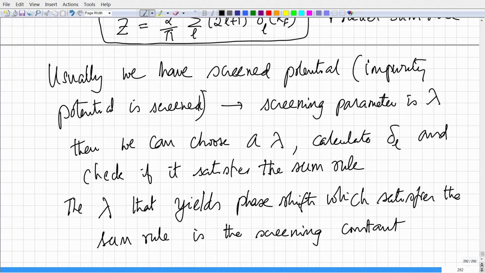What I will do in the next lecture is continue from here and show you that Friedel's analysis actually gives you a charge density which is oscillating at large distances as cosine 2 kf r by r cubed, and this is something that I will derive in the next lecture. Those oscillations are known as Friedel oscillations and have indeed been observed. So, we will meet again next week to discuss further. Thank you.